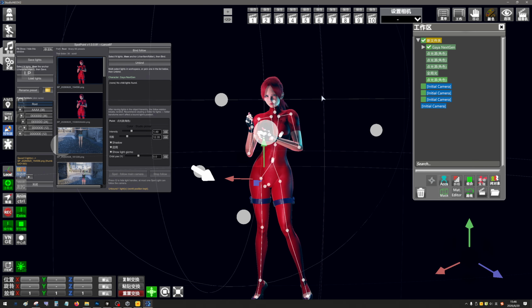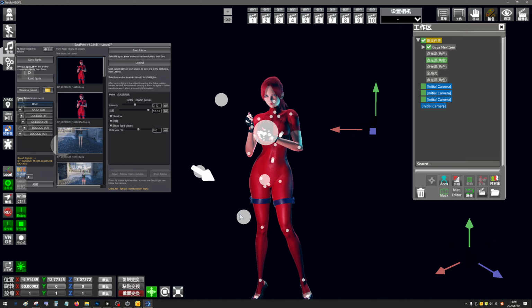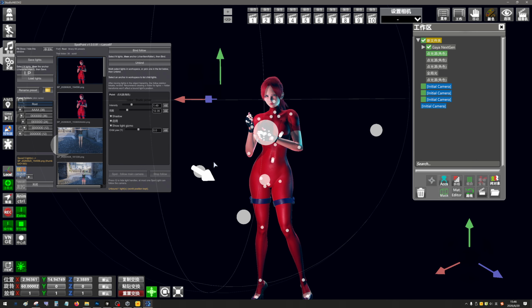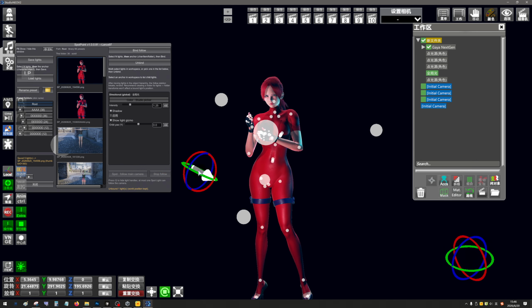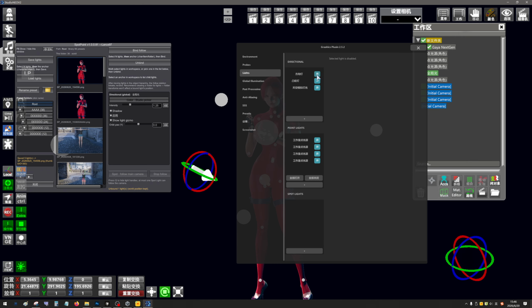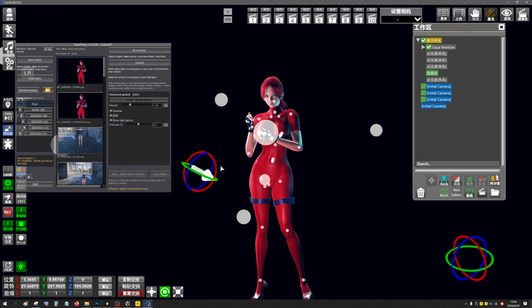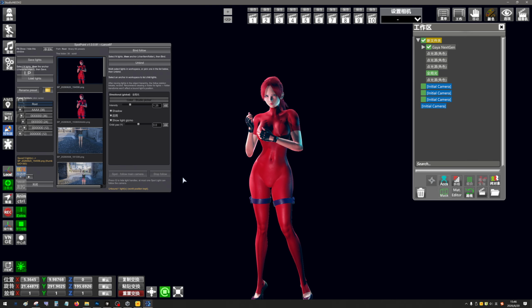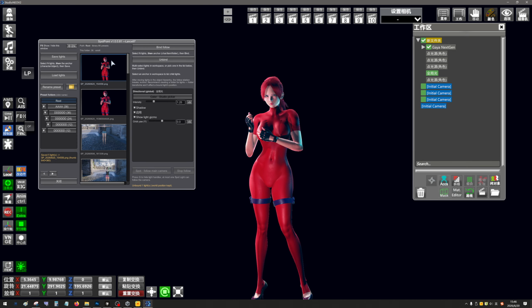Now what it means is you can see there are several lights here. This is the point light, and this is the point light 2. You can see when I move it. And this is another point light. This is the directional light. Okay, when I rotate this, oh yeah, this is not open. When I rotate it, you can see that the light moves, the light changes. It will store all these 5 lights into the relationship into this PNG file, and the next time when you